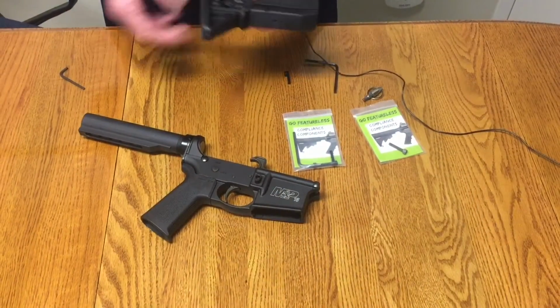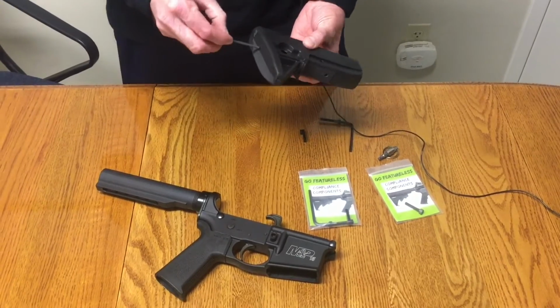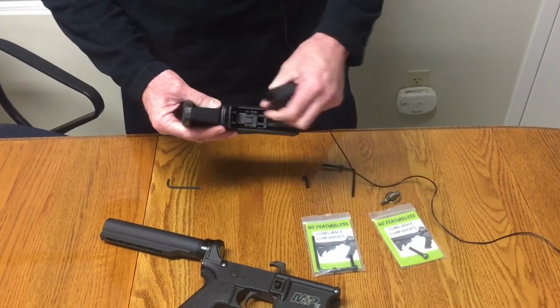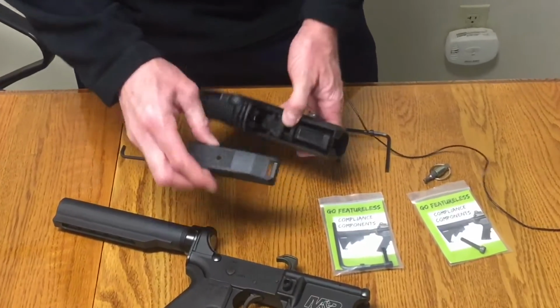We disassemble the stock using a 1/8 inch hex wrench from the back here. This will pop apart. This will pop out. You remove all the insides. With this part, you're going to need to drill a small hole,